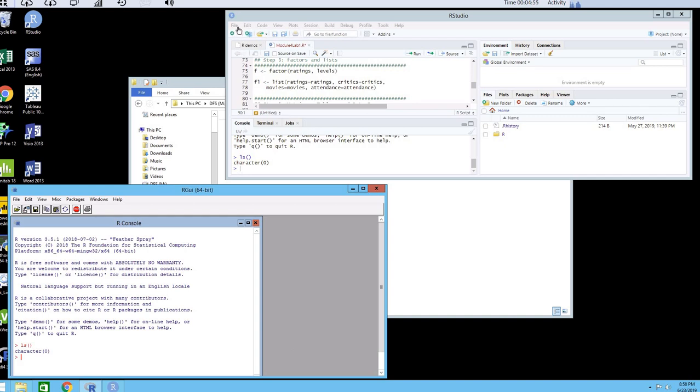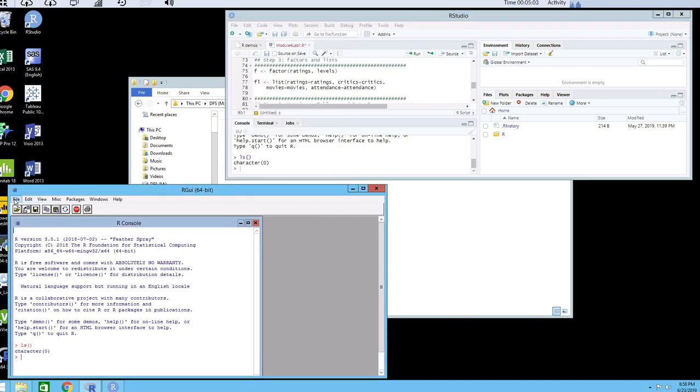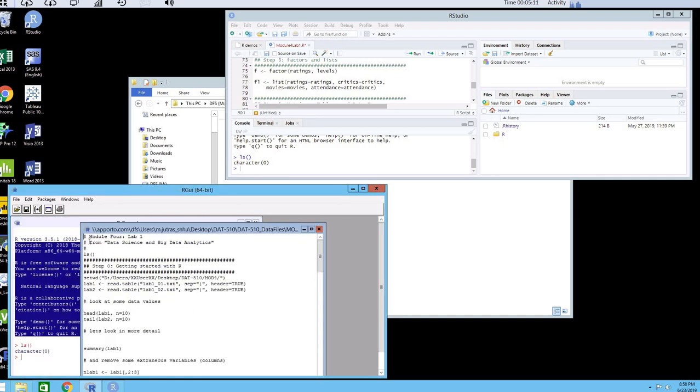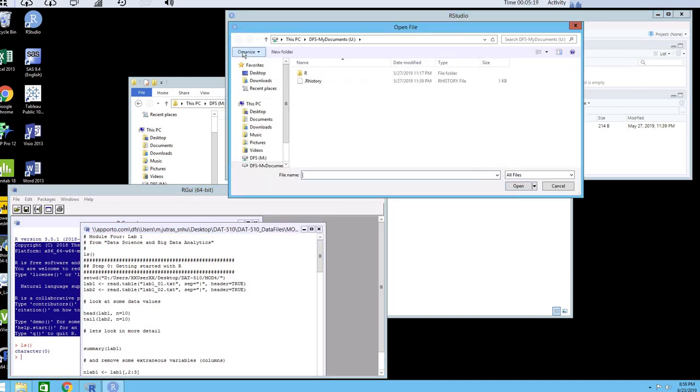And then what they want you to do is this file open script. So in RStudio it'll be File, Open File. If you go here to our GUI, it'll be File, Open Script. So here, if you do the open script, you see this. If you do the File, Open File,